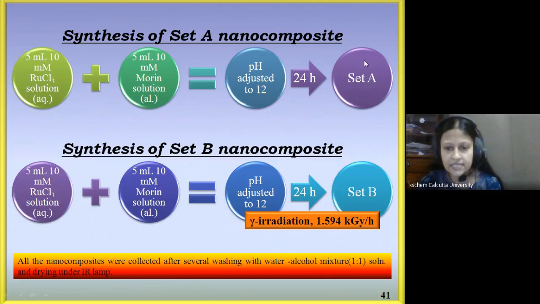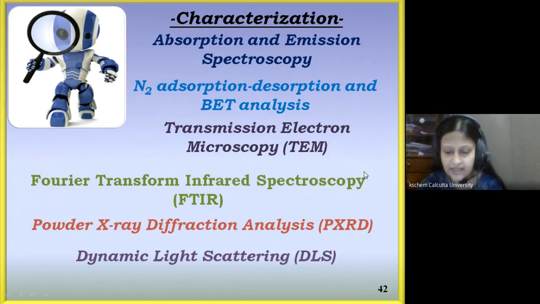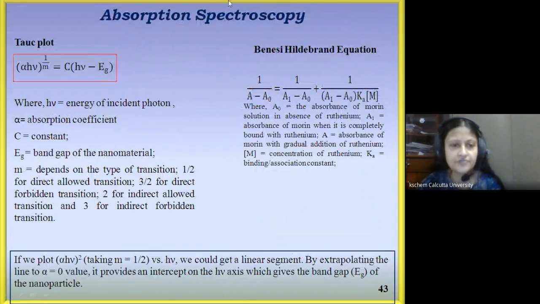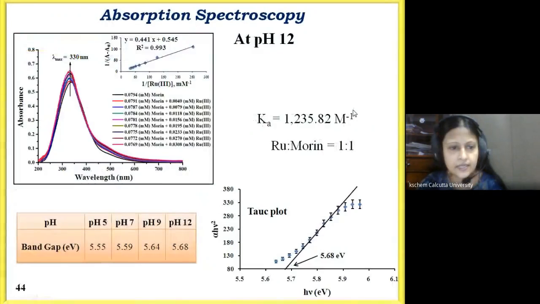We call it set A. And a similar solution we have prepared and kept for 24 hours in the gamma irradiation chamber with a dose rate of 1.59 kGy per hour, and we call it set B. Then we have characterized the solutions, and we have chosen absorption spectroscopy for obtaining the Tauc plot and the Benesi-Hildebrand equations. And we can see that the Tauc plot gives the band gap, and we can also see that